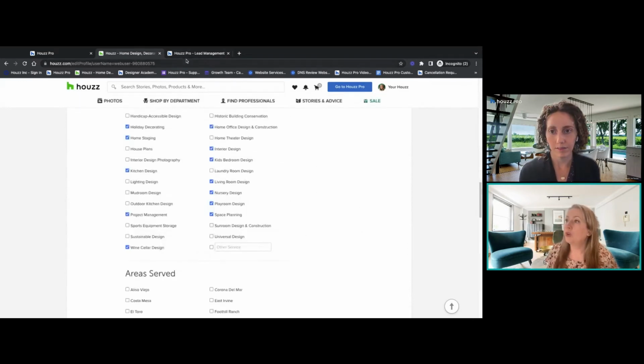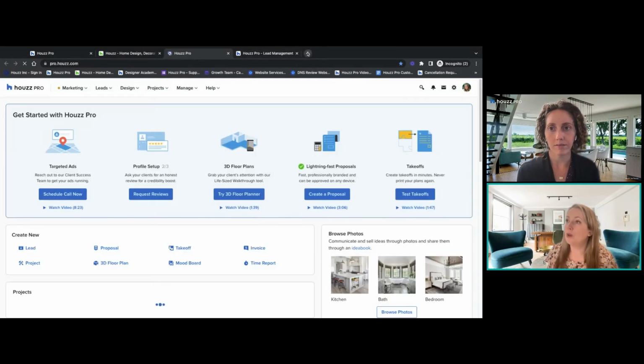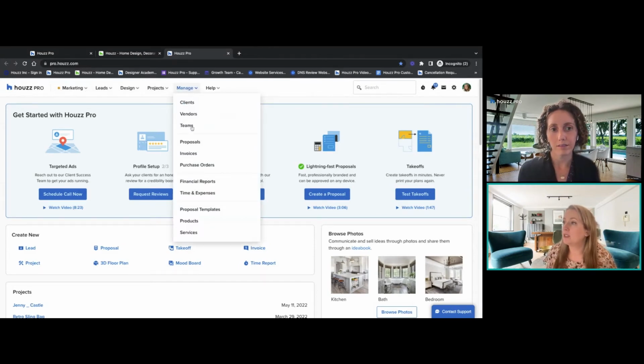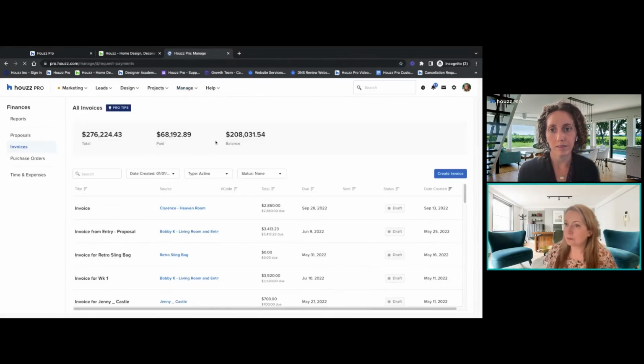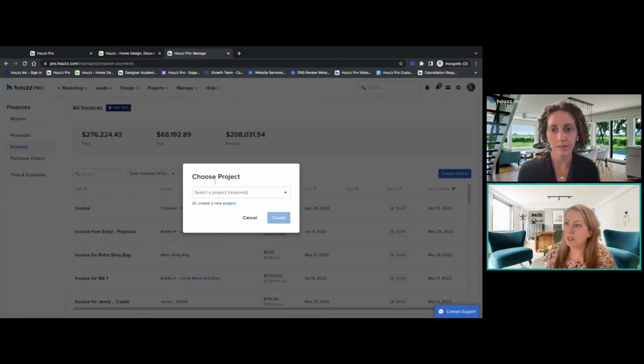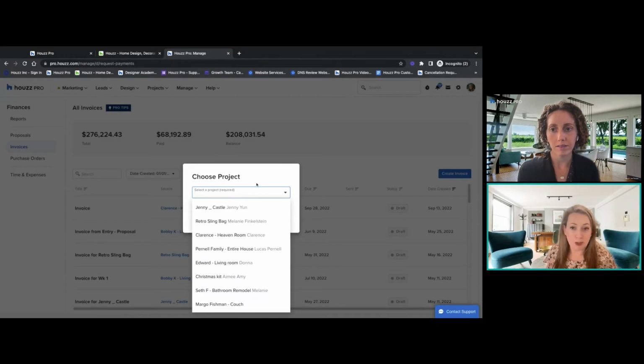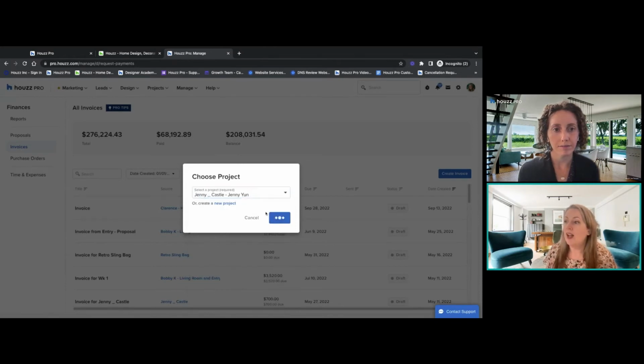Now, if I head over into my Houzz Pro, if I wanted to be able to bill out for those packages, what I would probably do would be to create an invoice. Let me see if I go to invoices. I'll click on create invoice. Once you have that project created, you can put that in here. And then we're going to go ahead and